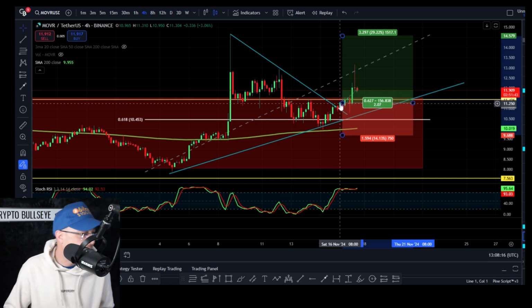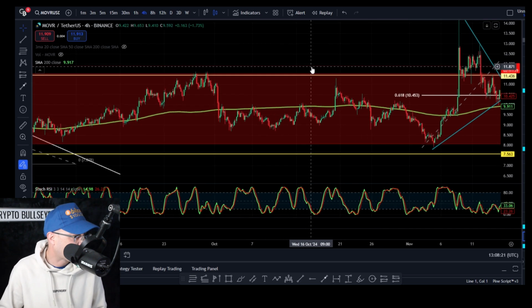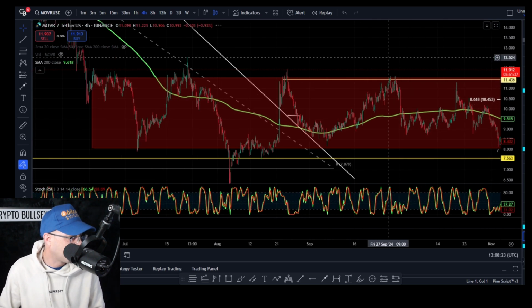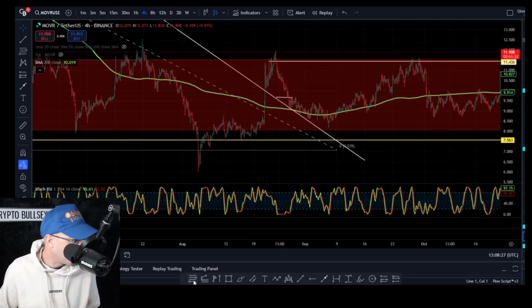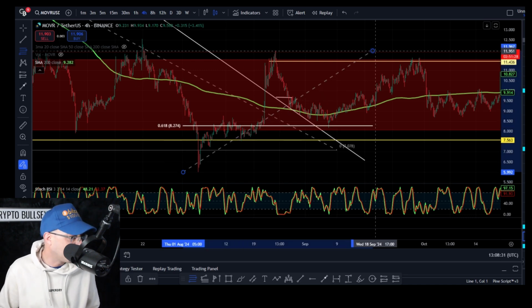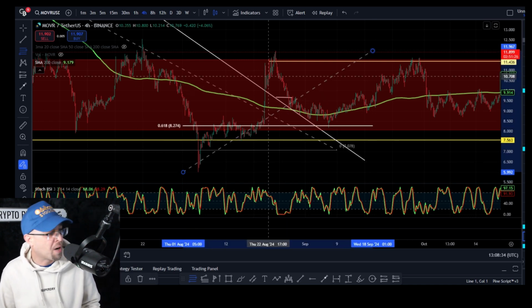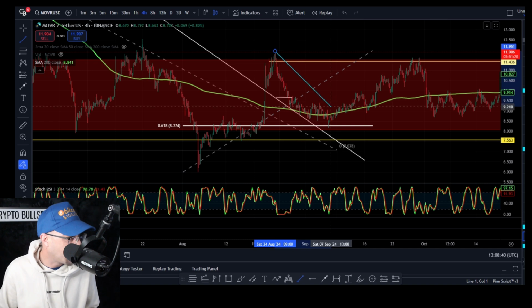So let's go through and do this again. So if then, see if we can find any more. What about this one here? So we can go from this swing. Let's see if it happened here. From this swing to the swing high, we're looking for reaction at the 618. So you've got a pullback. We've got a reaction at the 618. We're above the 200 daily moving average. Sticking a trend line, waiting for the break.